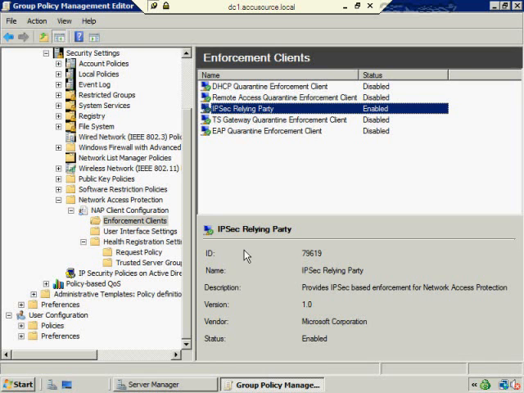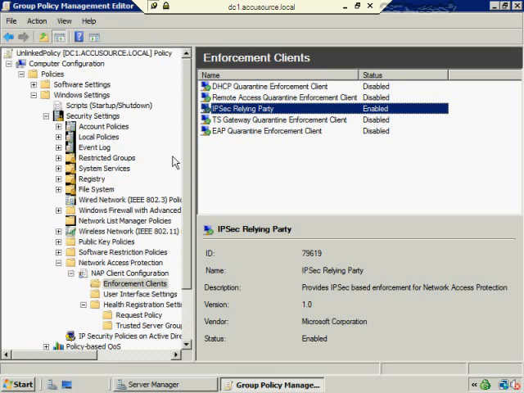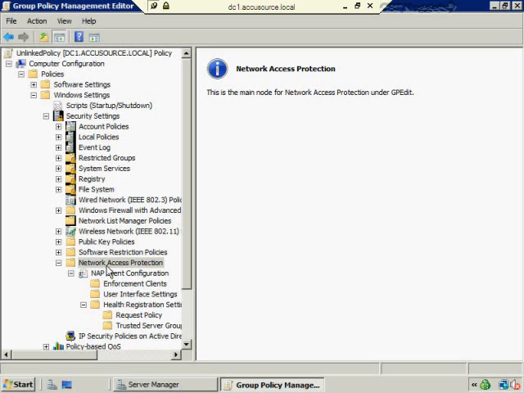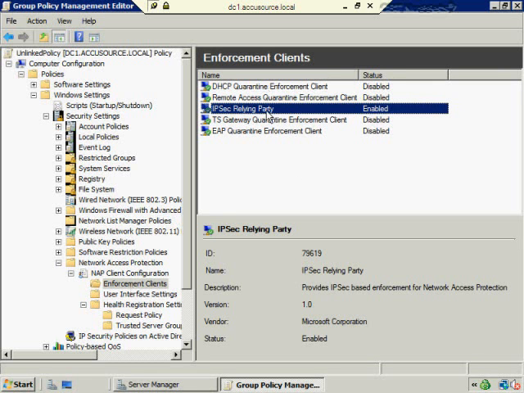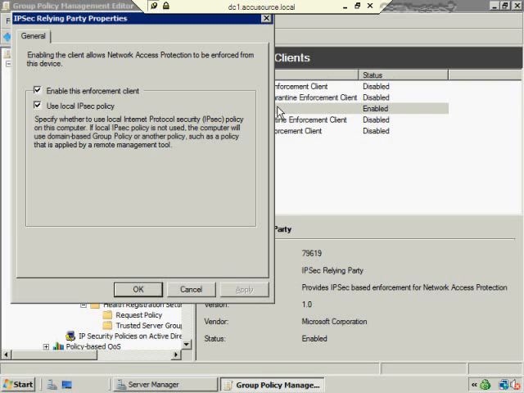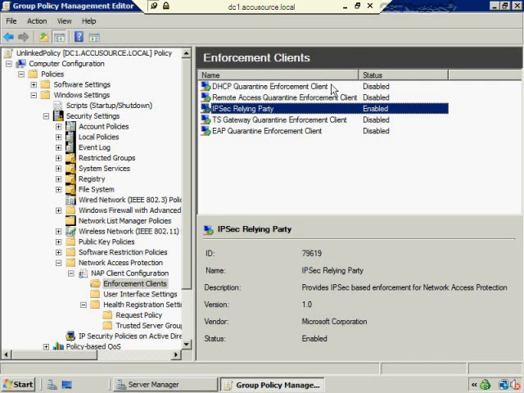Now here I wanted to just quickly go back to my DC1 server and go to a group policy object, and you can see that I'm here. Let me actually go up a little bit. You can see that I'm in computer configuration policies, Windows settings, security settings, and then there are a lot of security settings that you can configure by policy under network access protection. In particular, I'm looking at the network access protection enforcement clients here, and then here I would say IPsec relying party. So in my next topic, I'm going to be talking about IPsec policy, and we can enforce that by